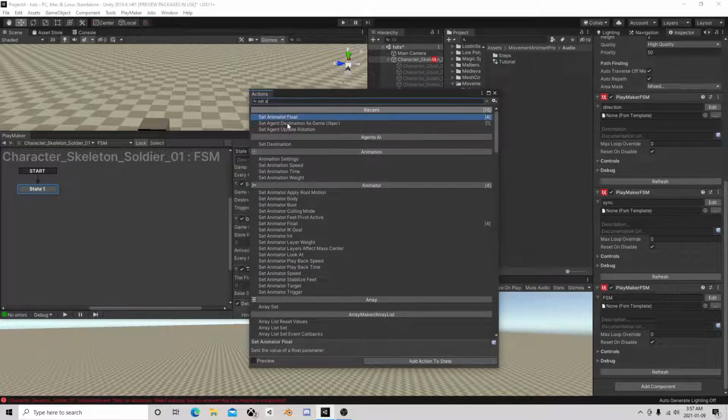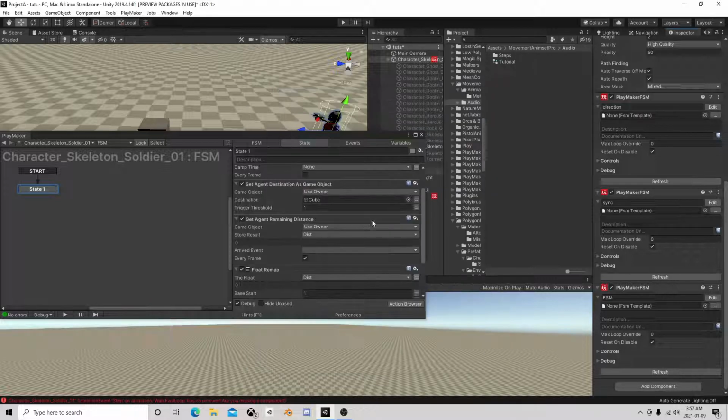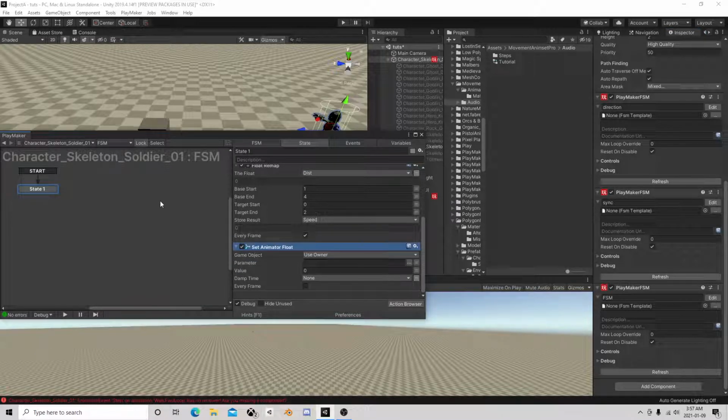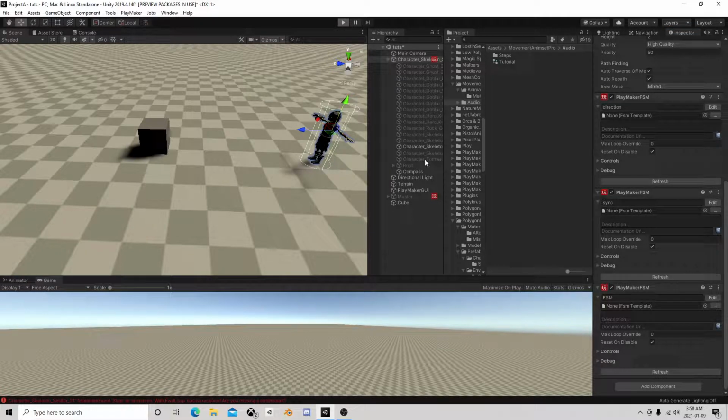Set animator float. If I have more time, like once the speed is low, lots of times I'll do a float compare, come out of that and tell the agent, okay, you know, it's low enough, just stop. And we're also going to give him a damp time. So now, if I hit play,